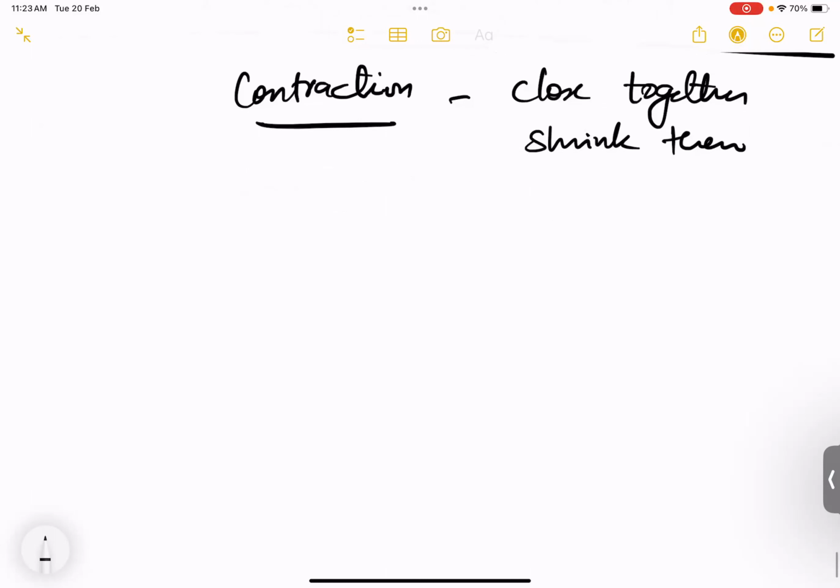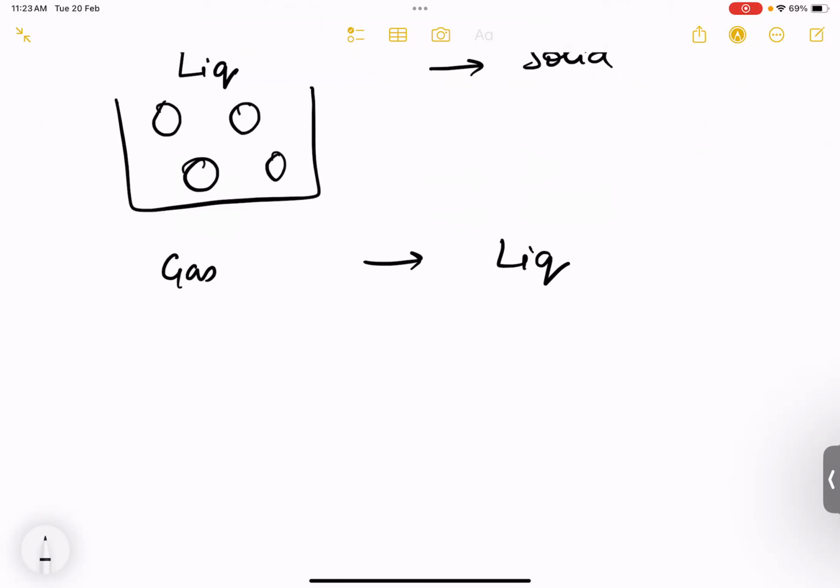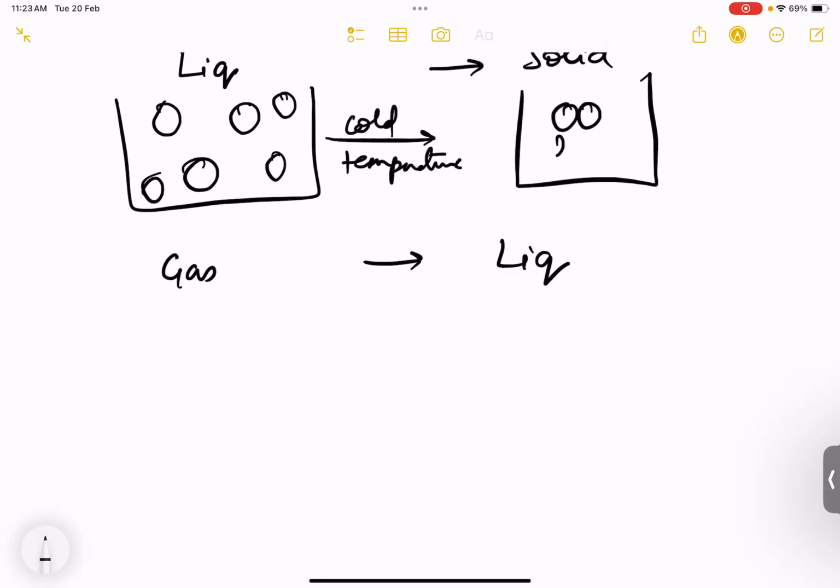So if we want to do contraction, it's not going to be possible for solids, right? I can definitely contract a liquid to solid, or I can contract a gas to liquid, right? Because there are free spaces. So if I make the particle diagram of a liquid, see, there are still spaces here. So when I provide a cold temperature, they bring the atoms close together, and then they all are stuck like this, and that's how a